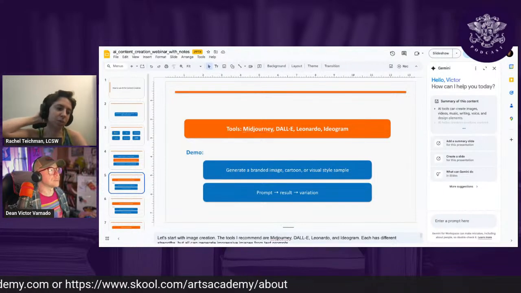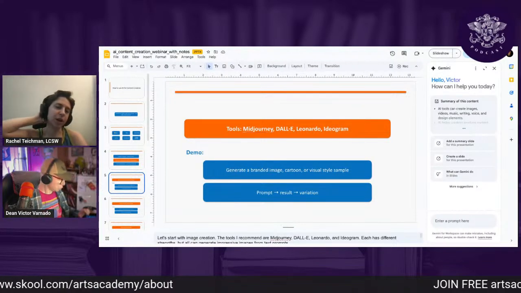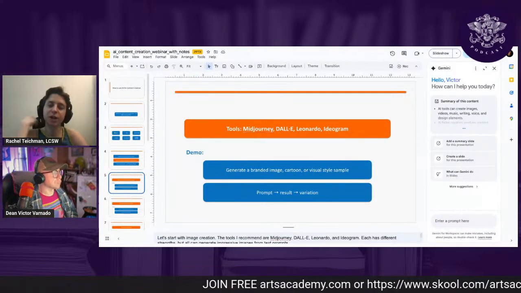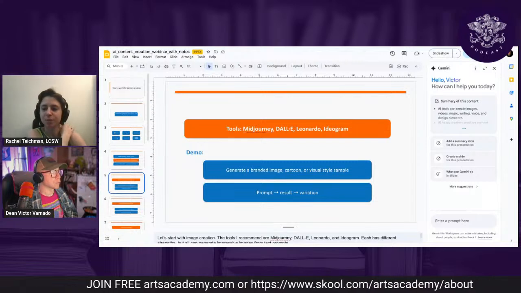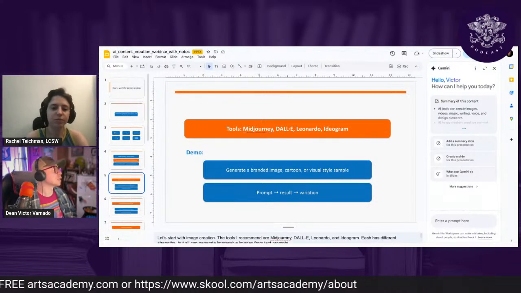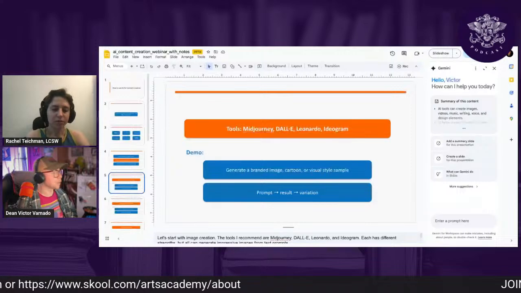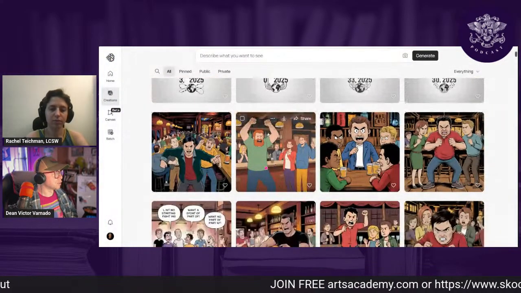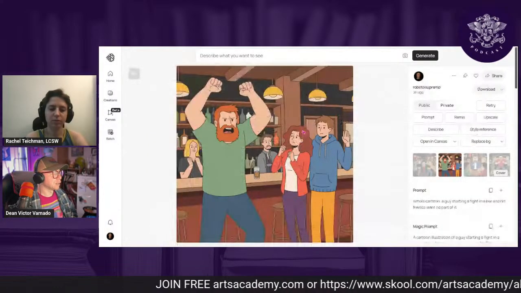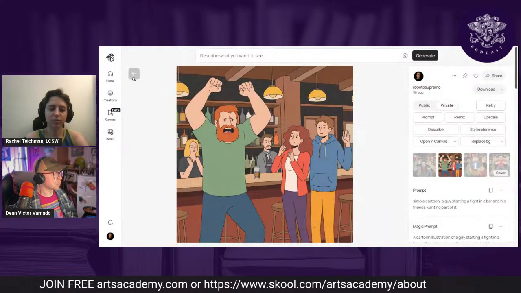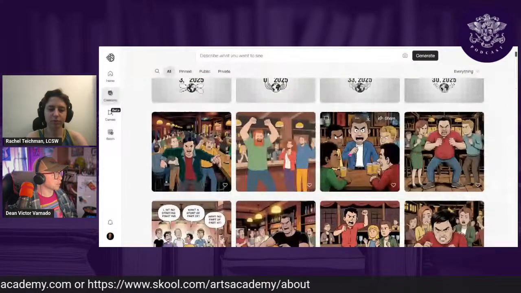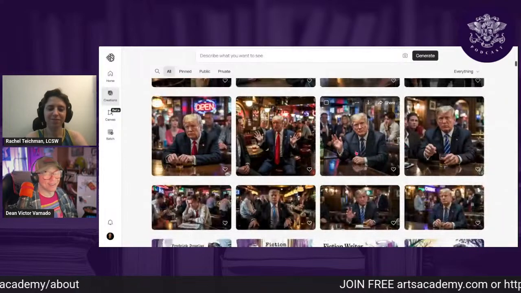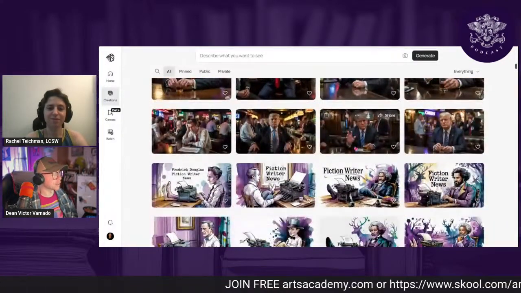Huge fan. They're great. I have to be very selective about what programs I spend money on subscription-wise, but Ideogram is 100% worth it for what I do. Okay, so let's take a look at Ideogram over here. You can see here, this is the actual image that I ended up using at the end, but I was creating a bunch of different versions of that before I found something that I liked. I also tried real people. I also tried Trump in a bar, but I don't want to see his face, so I decided not to do that.